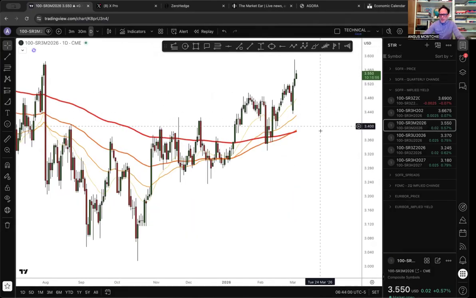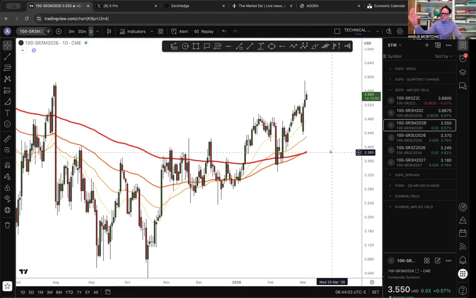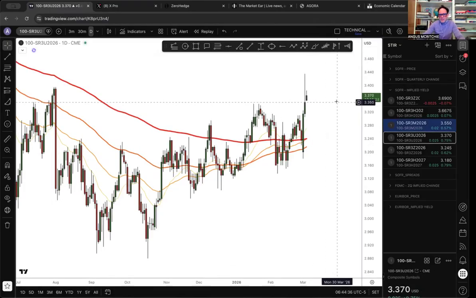So what we've seen here is that pricing for the Fed to cut is going to be more and more difficult. Even Kevin Walsh, for sure, does he want to cut? Will he cut? Probably. But as inflation expectations are going up, as energy prices are going up, the possibilities of easy cuts and easing financial conditions are diminishing. And you see here, for example, this is the implied yield for the June contract. It's gone up from 3.44% to almost 3.6. So you're talking maybe 10, 12 basis points. Then if we go out through some of the contracts, even more, September, you see this spiked.